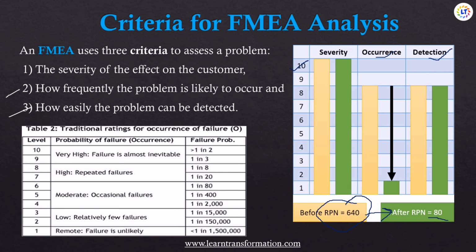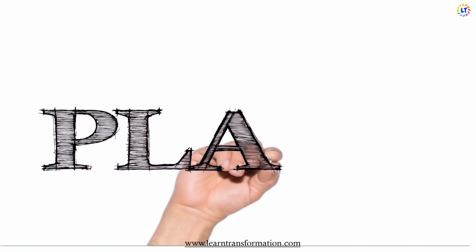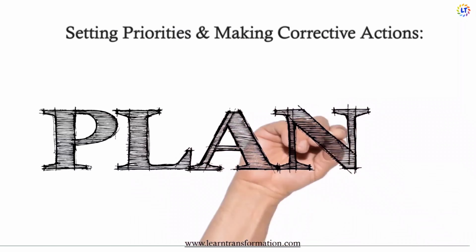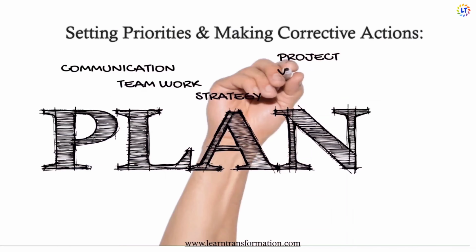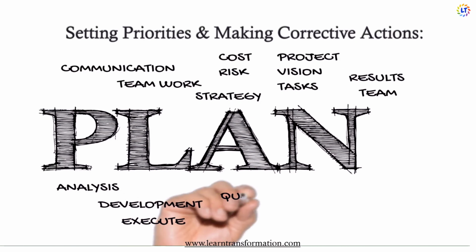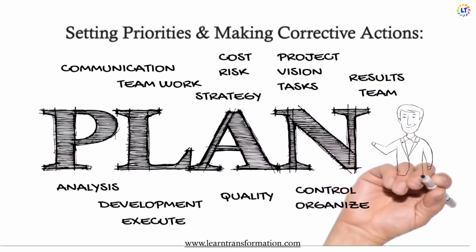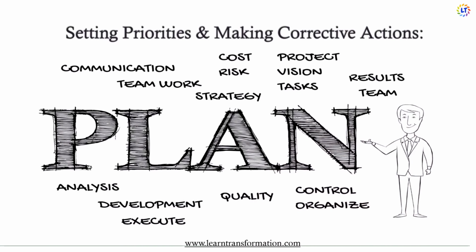Now that you are aware of the criteria for FMEA analysis, let's see how to set FMEA priorities and how to make FMEA corrective actions. For setting FMEA priorities, after the failure modes have been identified, the team should adjust the FMEA to record failures in descending RPN order, which depends on many factors like industry standards, legal or safety needs, quality control, etc. But a beginning point for prioritization is to apply the Pareto rule, which is typically that 80% of issues are caused by 20% of potential problems. It means teams can concentrate initially on the failures with the top 20% of highest RPN scores.